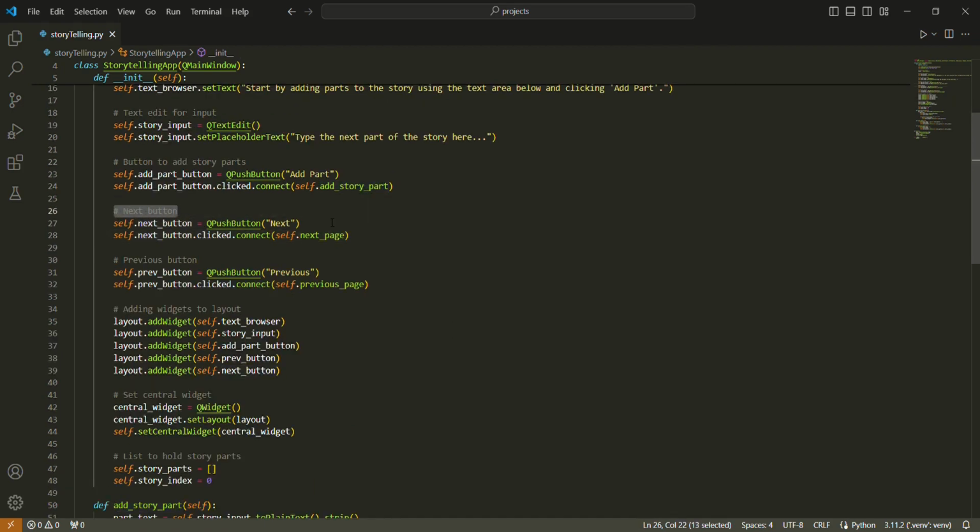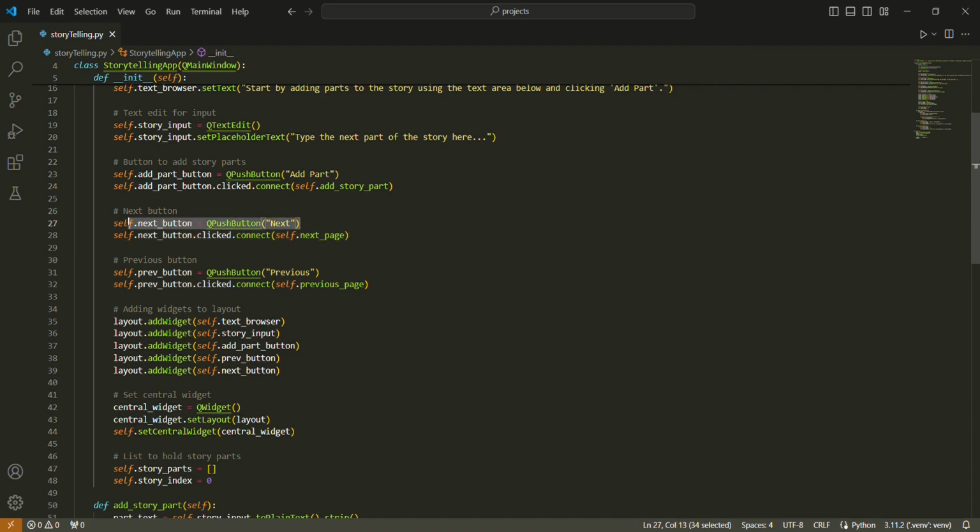So moving on, we define one more button that will work to show the next part of the story. So when the user, in our example with the story that has three parts, is in the second part of the story and clicks the next button, then it will show the third part of the story.